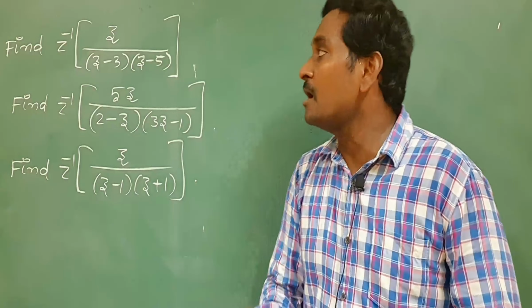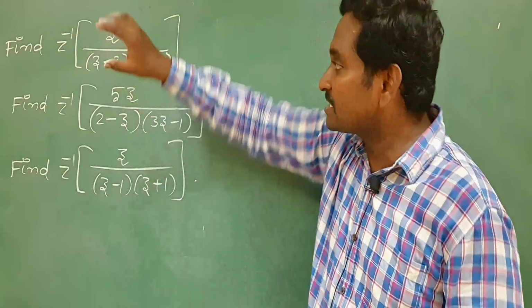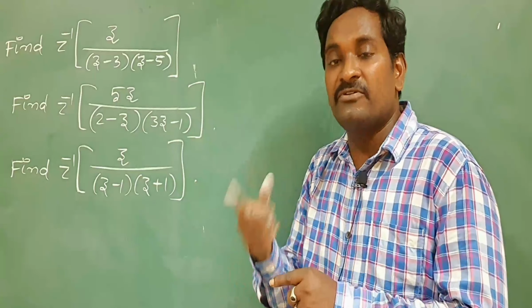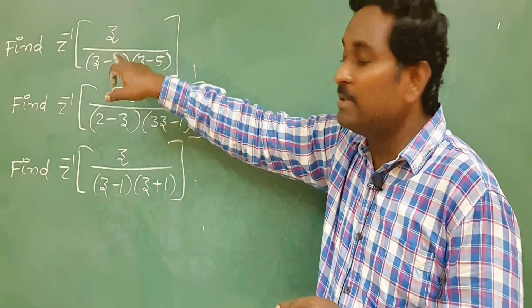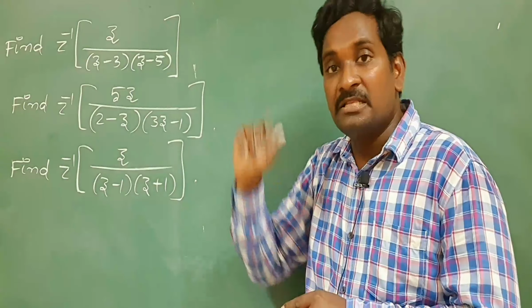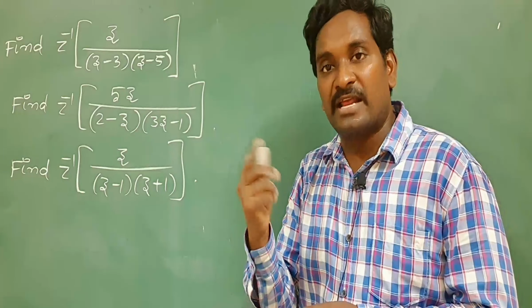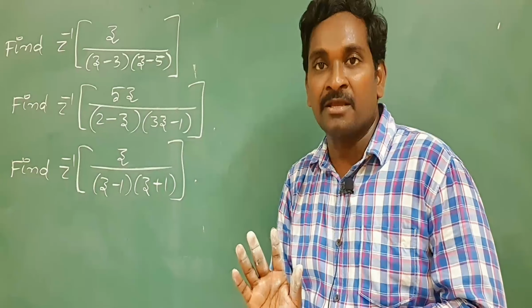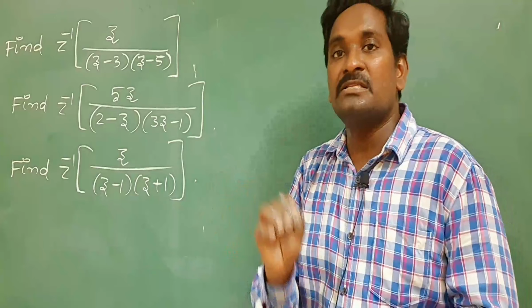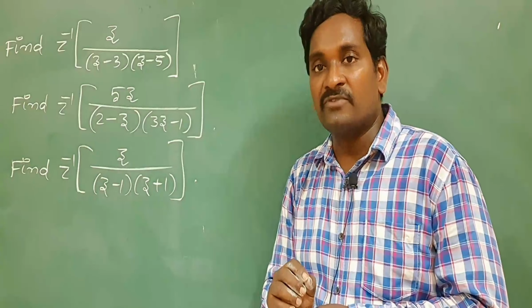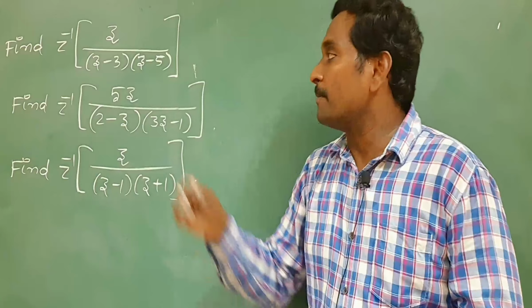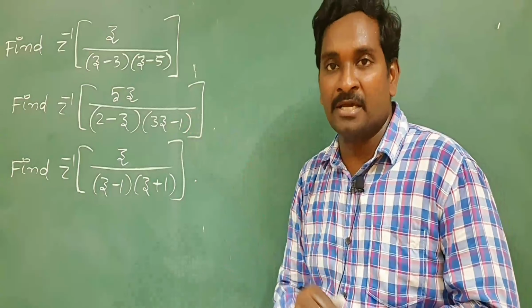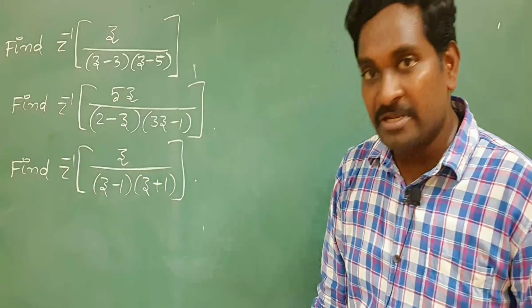Don't take the partial fractions of the entire given function in the case of inverse Z transforms. But if it is in the concept of inverse Laplace transform, it may be in terms of s. In that case, you have to take the partial fractions directly. But in the case of inverse Z transforms, don't take partial fractions directly. You have to divide by z on both sides of the given function. After that, you have to separate the partial fractions. After that, you can take the denominator z to the right side numerator. That is the procedure. I will give some more examples now.